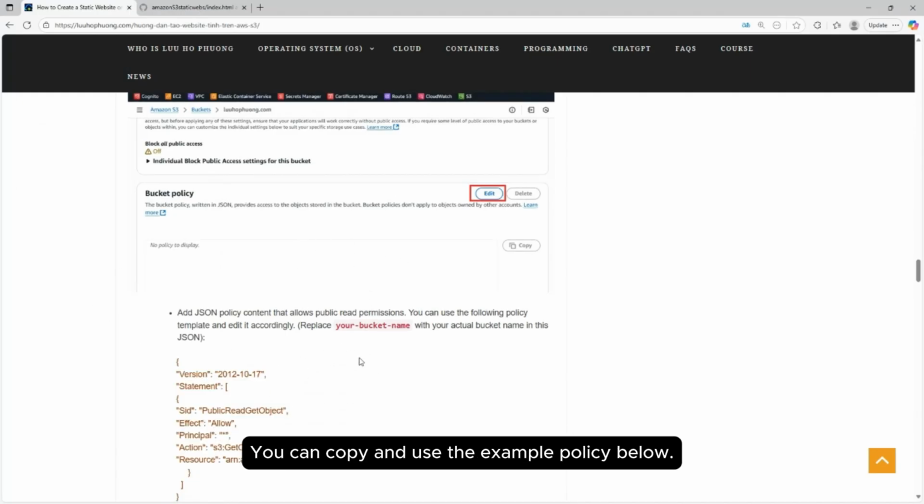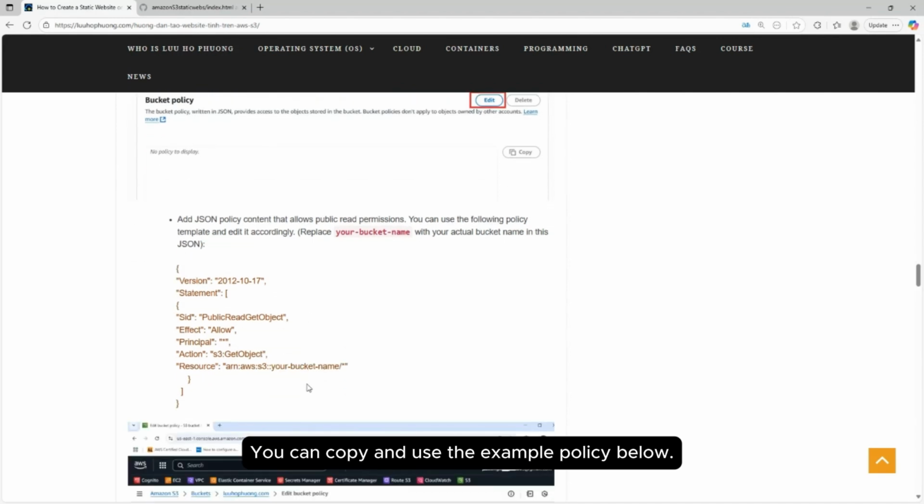You can copy and use the example policy below.